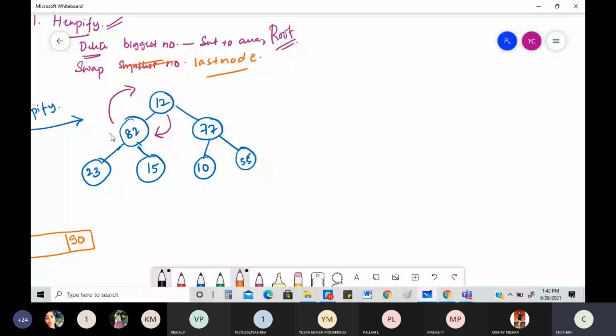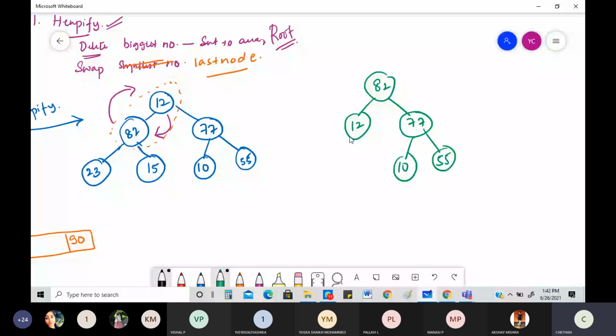Check: 82, 12 will be right here. You got 77 right here, then you got 10, 55. You got 20 towards this side and 15 here. Now you see, this is very much your maximum heap.